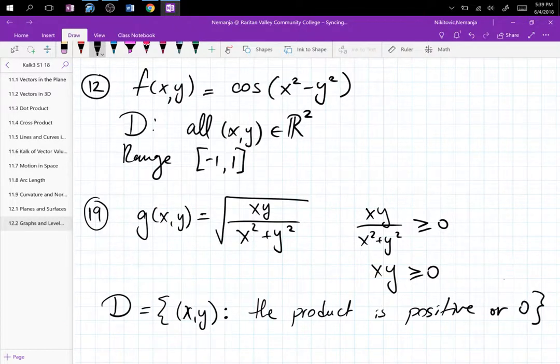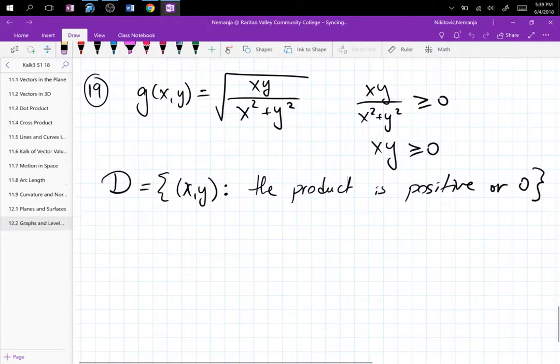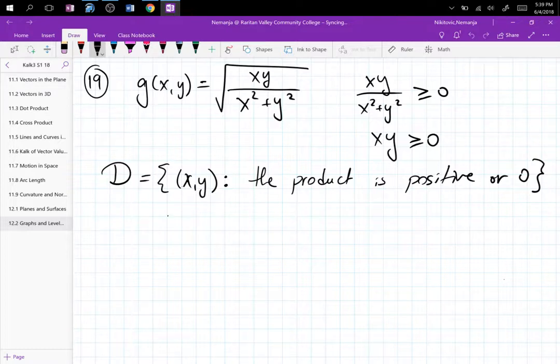So it's only going to be in 2 quadrants. If you look at this statement, the product needs to be positive, so you can multiply 2 positive numbers or 2 negative numbers, and that will give us a positive, and then also zeros. So if you are to graph this thing,